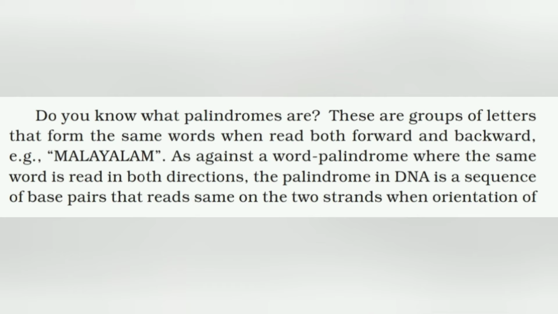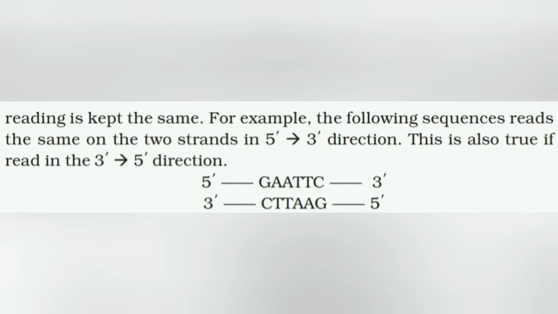The palindrome in DNA is a sequence of base pairs that read same on the two strands when orientation of reading is kept the same. For example,